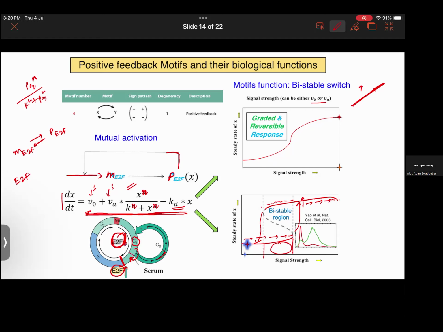And now, if your pulse is strong enough, your EQF will also be high. If you put a weak pulse, your EQF will be low. So your signal strength is your serum pulse condition. Now, if I explain this experiment to you, what they observed is when they have low signal strength, they found only